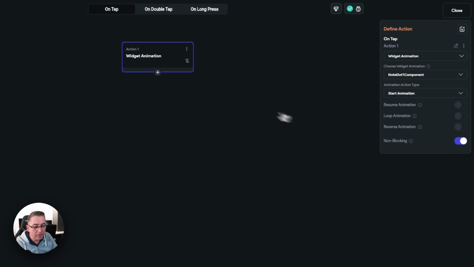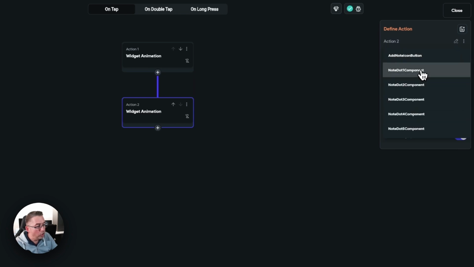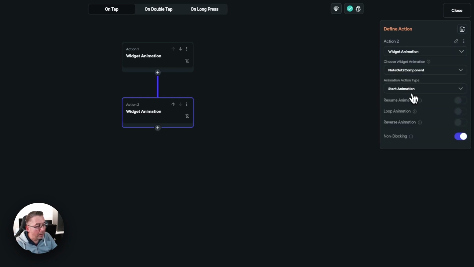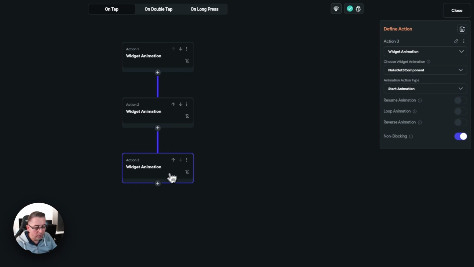So what I can then do is I can then just copy this one here. So copy the action, click on the little plus, paste the action, and then in this second one, because it's the second one in the chain, we're then going to choose the note.two component, and we're going to also keep this then as a non-blocking one. So let's just copy that again. Let's just paste that one in here. So we'll select that. We're going to choose the note.3,